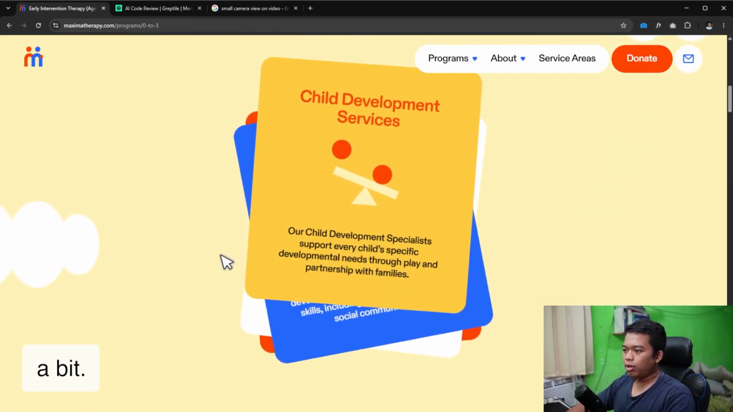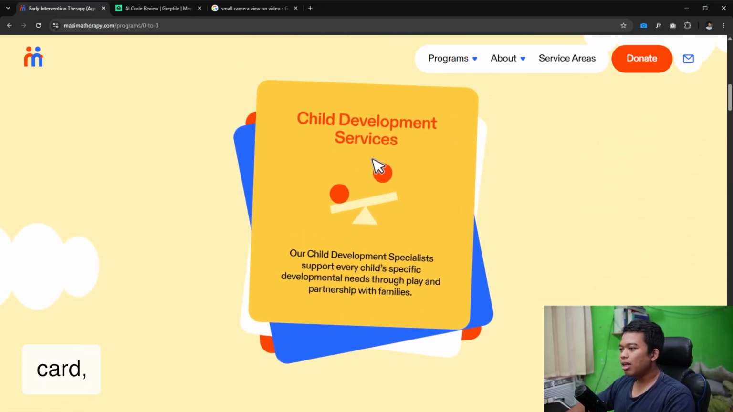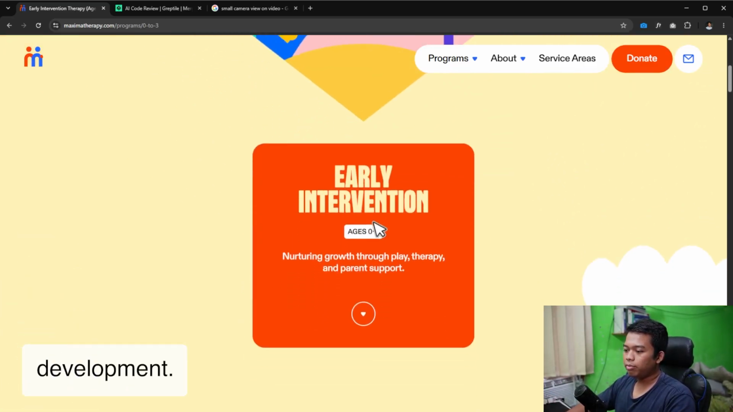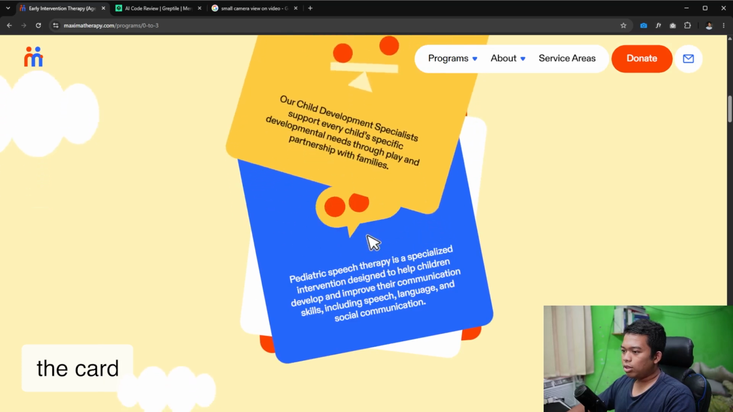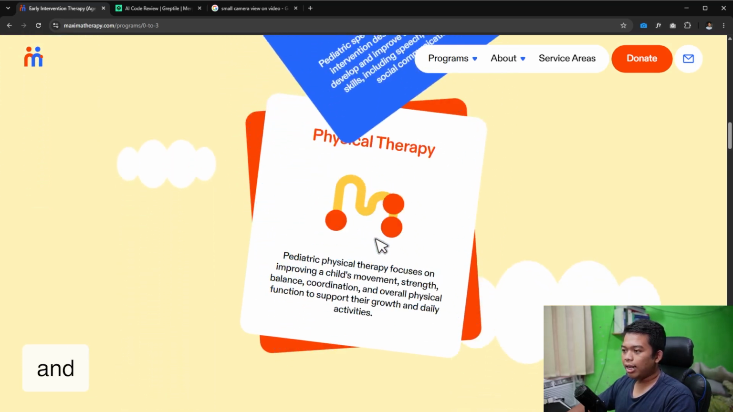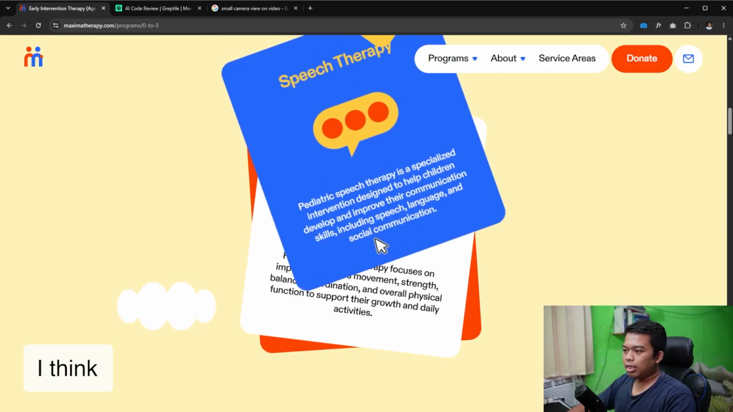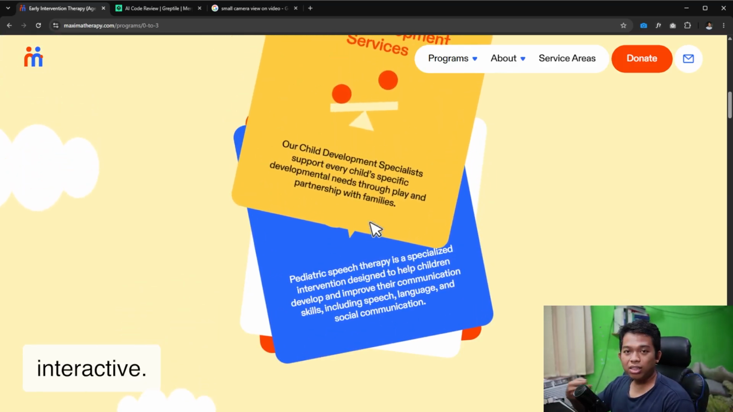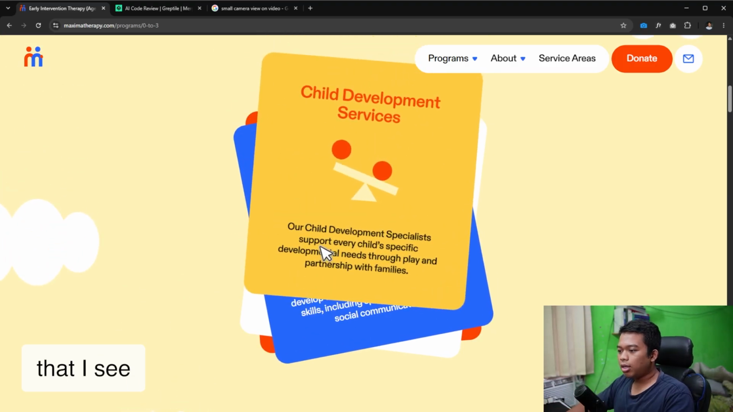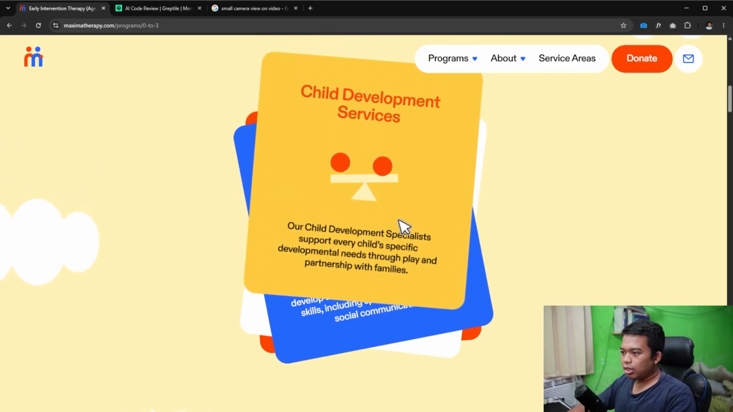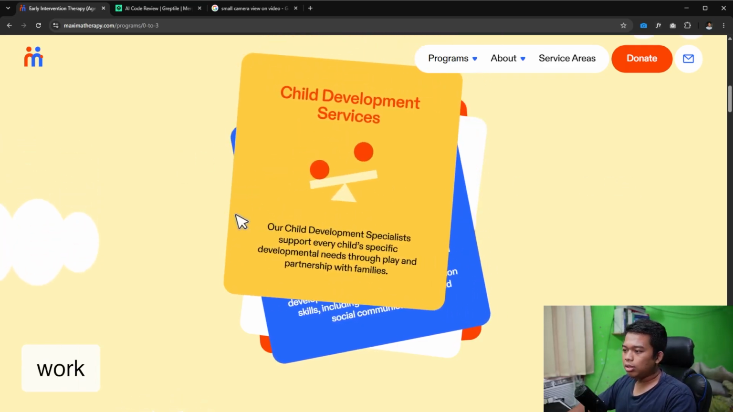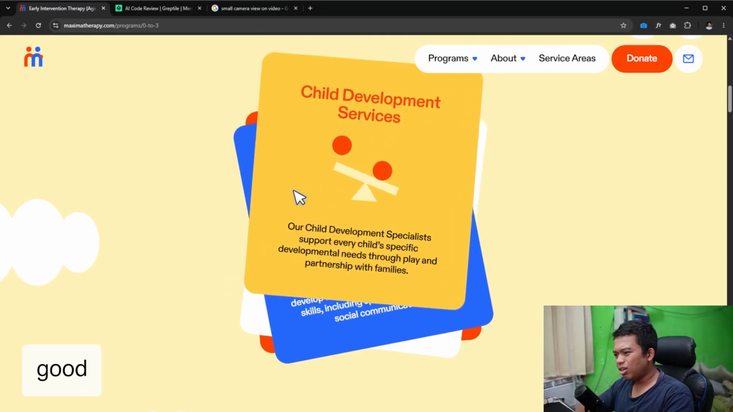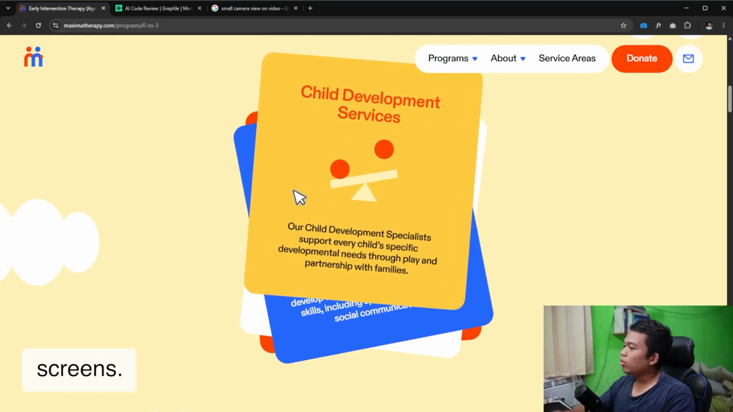And just move down a bit. There's this little card that says the features of this theme of child development. And if you scroll, the card is hovering on top, and yep, I think this is very good and interactive, but one potential problem that I see is that it will not work as well on other screens. For example,